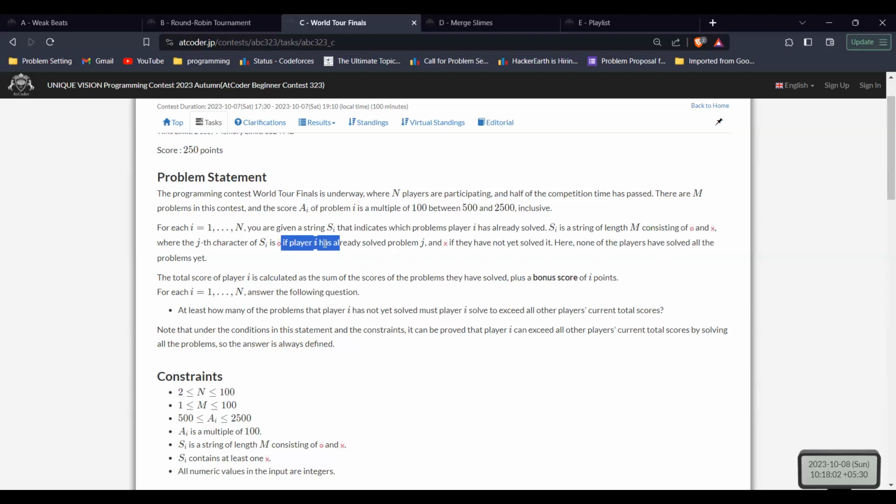Now the total score of the player i is calculated as the sum of the scores of the problems that they have solved plus i. So for the third player, it will be the scores for the problems that player has solved plus 3. And now for each of the players, we have to find at least how many problems